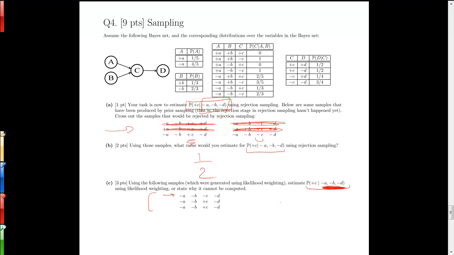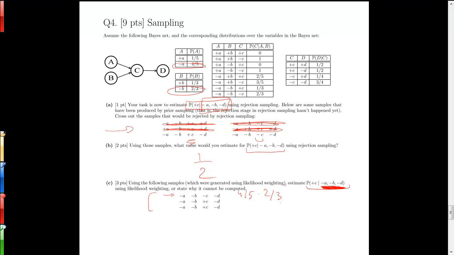So let's start with the first one. When we get to A, we force it, because it's part of the evidence, to be minus A. So if we look up here with the probabilities of minus A, it's 4/5, so that results in a reweighting by 4/5. When we get to B, B is also in the evidence, we force it to be negative B, that's 2/3